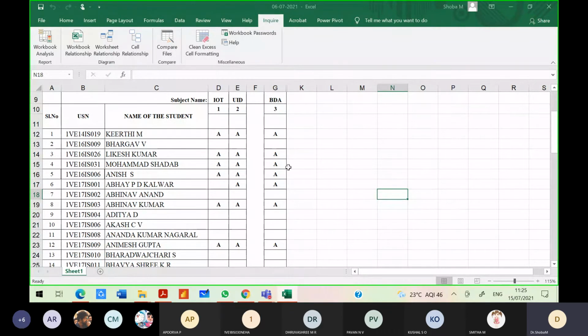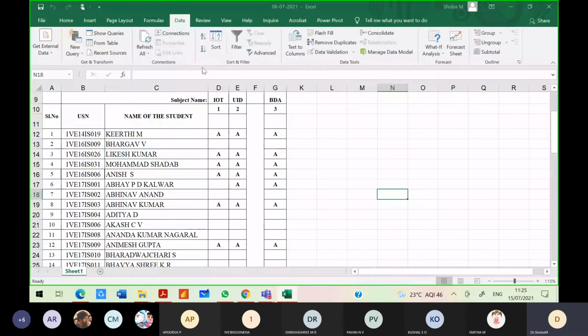You can in fact write small codes in Excel and embed them, and it is called a macro. You can run your own macro in Excel. There are so many features available. And when you come even to the Data tab, look here, you have something called What-If Analysis. For one particular parameter which is represented in the form of a column, you can in fact carry out what-if analysis.